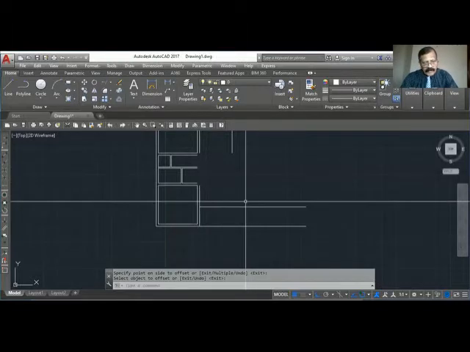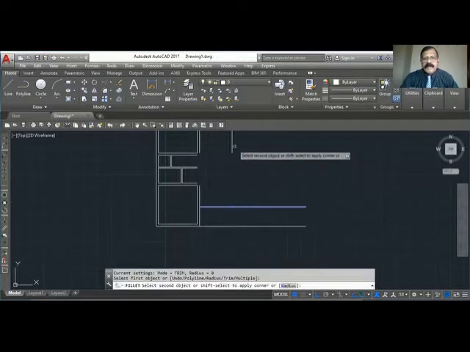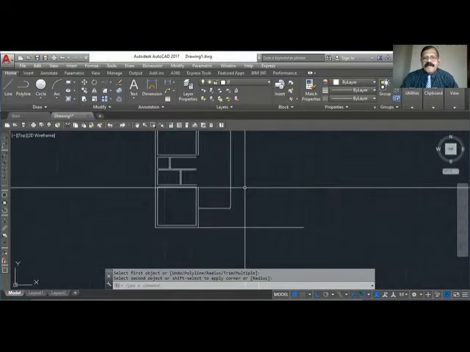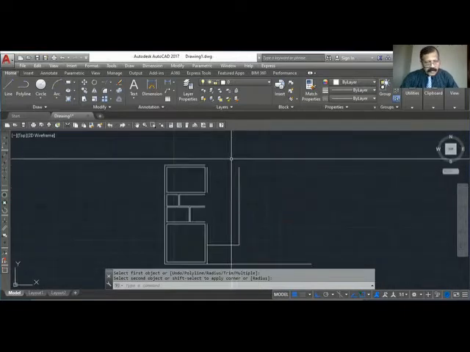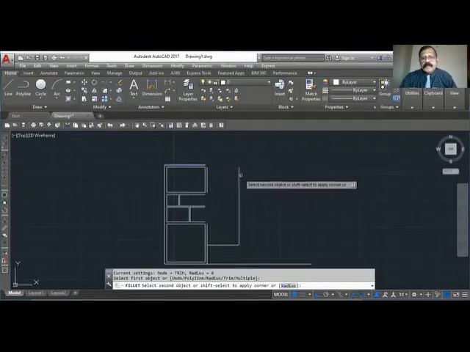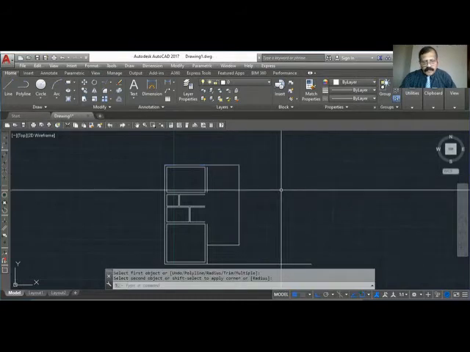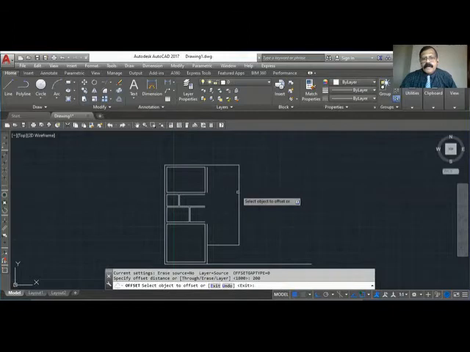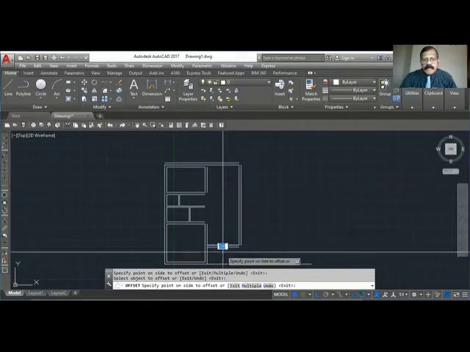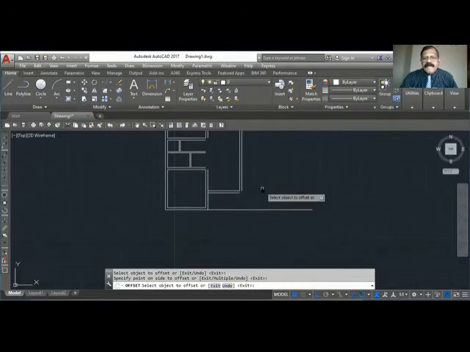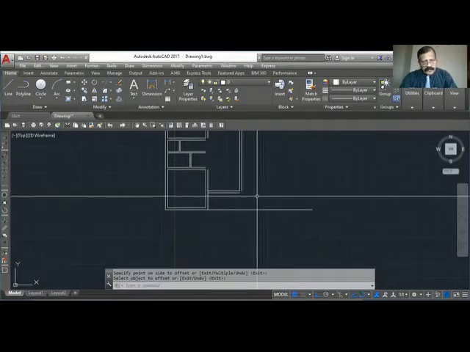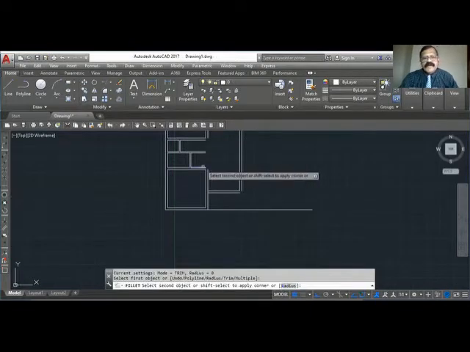I can use fillet command, fillet. Offset 200. Now I can use all this fillet here.